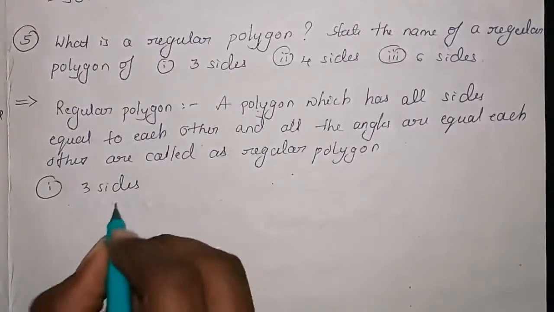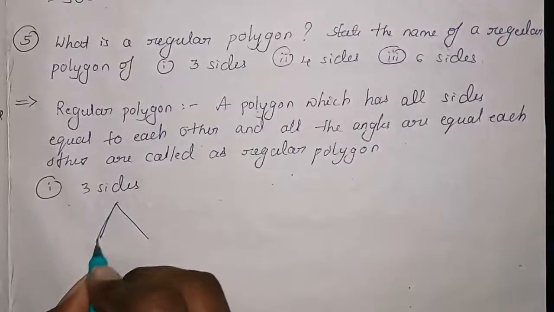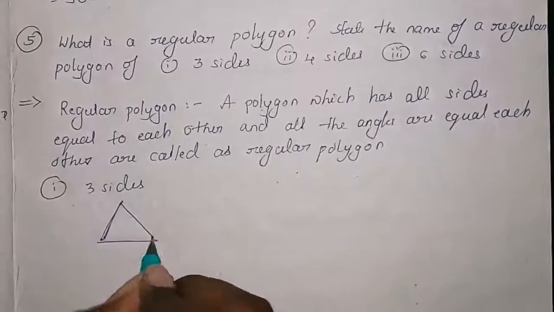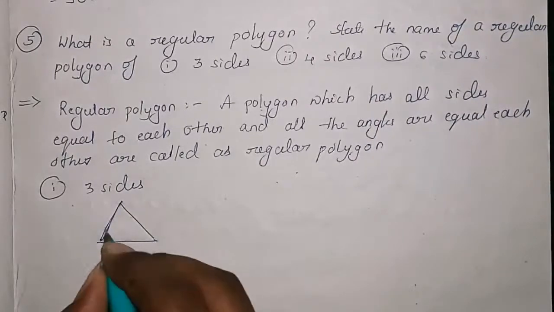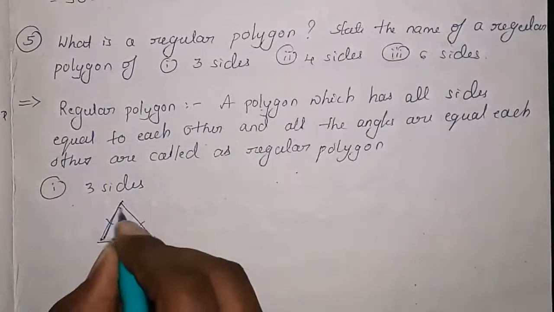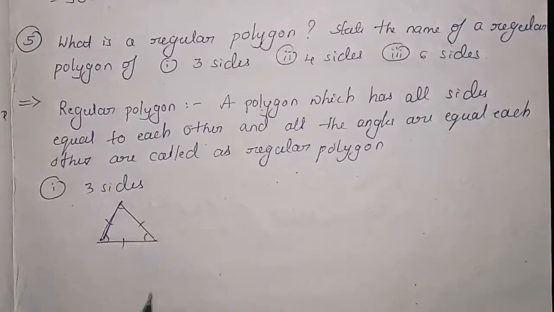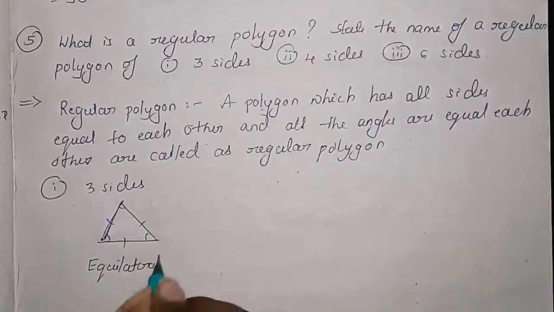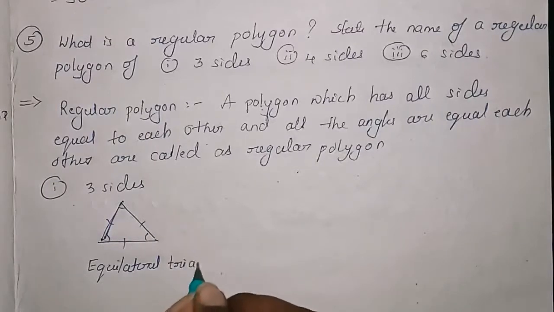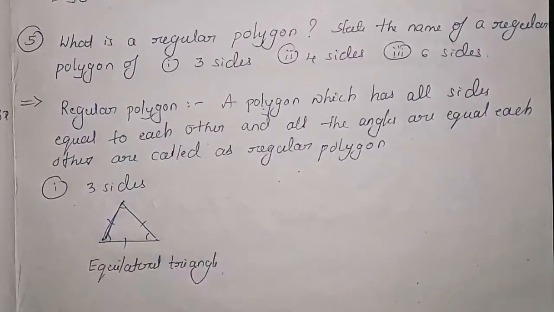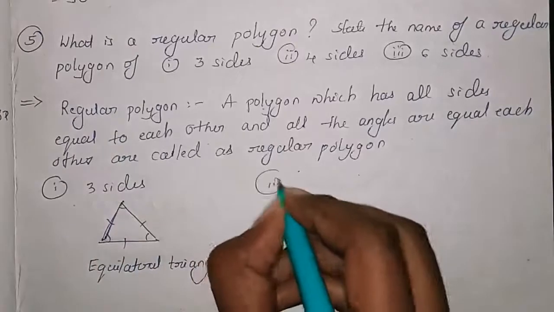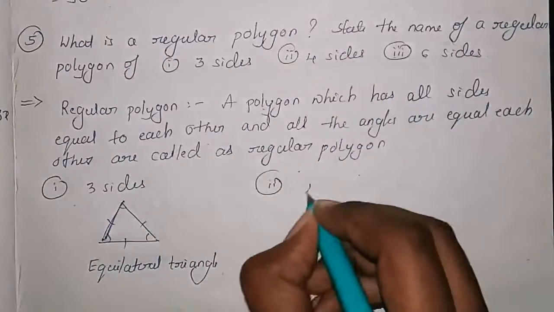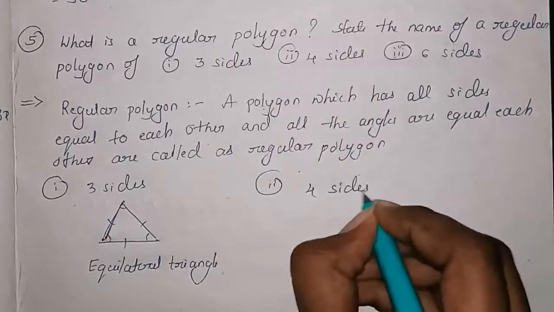Okay, so now the second term, as they have given in the first one, that is 3 sides. 3 sides means how will you draw that one? As a triangle. Draw it properly with pencil and scale. All the sides are equal and all the angles are equal to each other. Such a triangle is called an equilateral triangle. So write it down, equilateral triangle. I hope all of you know about this.